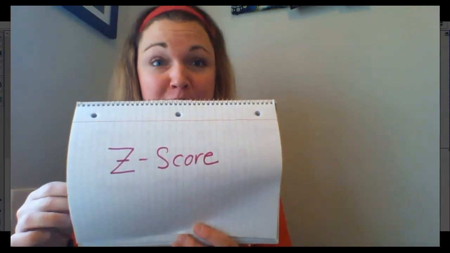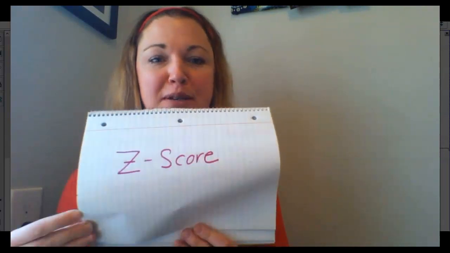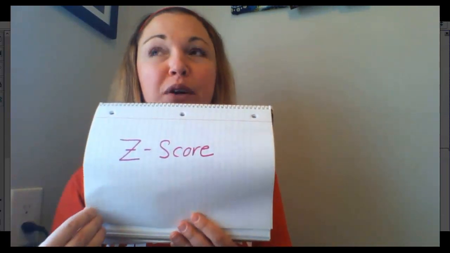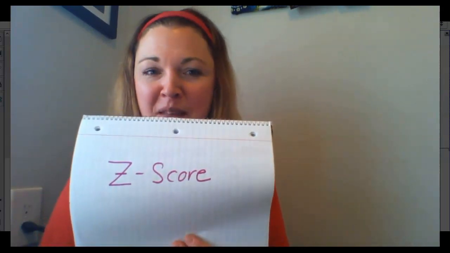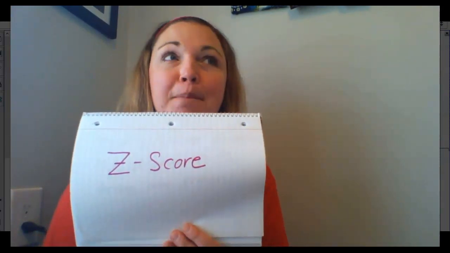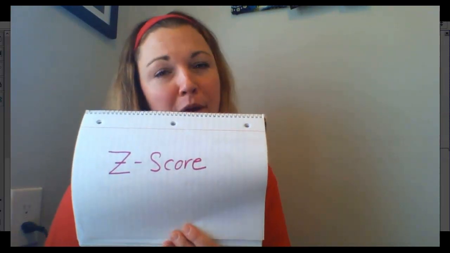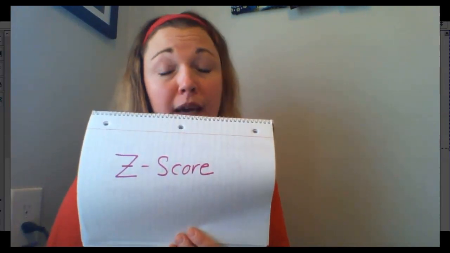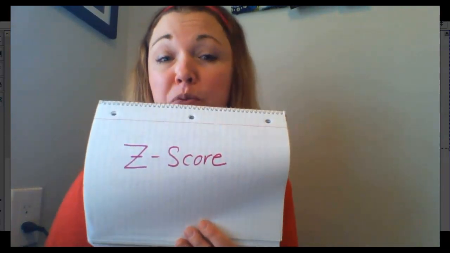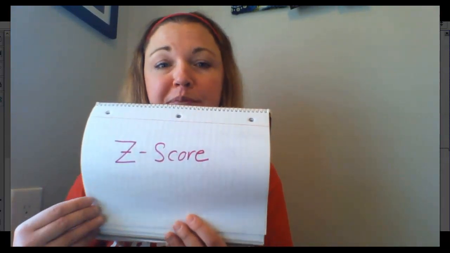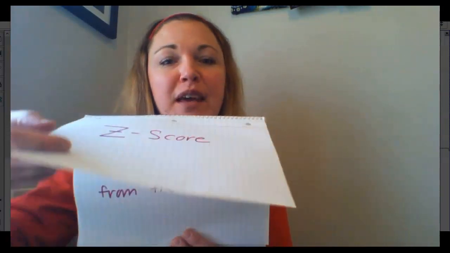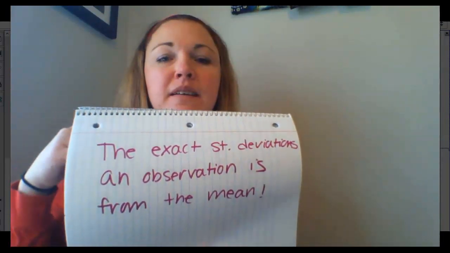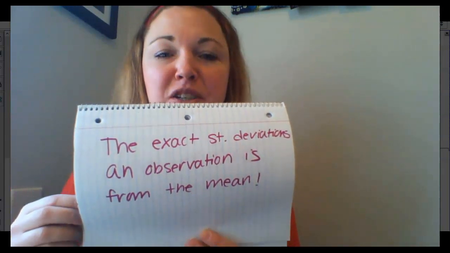A Z-score. I've seen this one for sure on free response as well. What is a Z-score? A Z-score is a measure of how unusual something is, okay? If there is a Z-score that is above 2.5 or below negative 2.5, some people use 2 and negative 2 as well, that is considered an unusual score. But the exact interpretation of a Z-score that the College Board is looking for is the exact standard deviations an observation